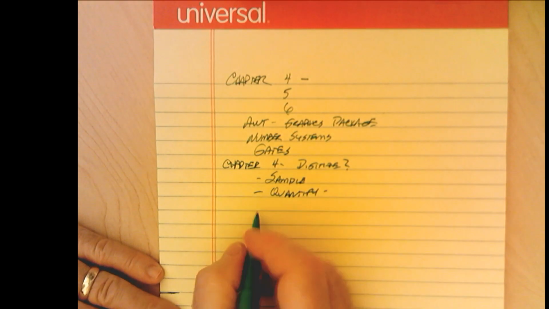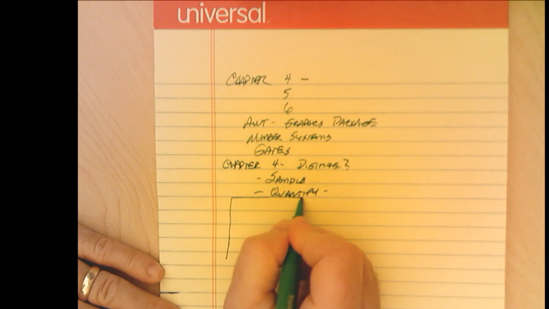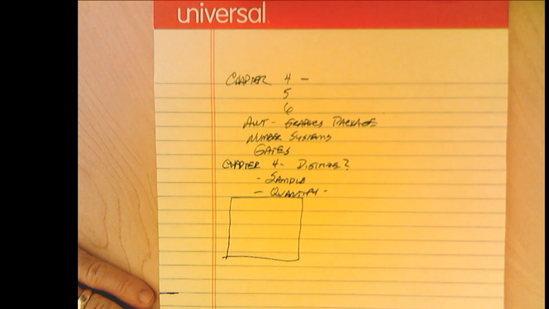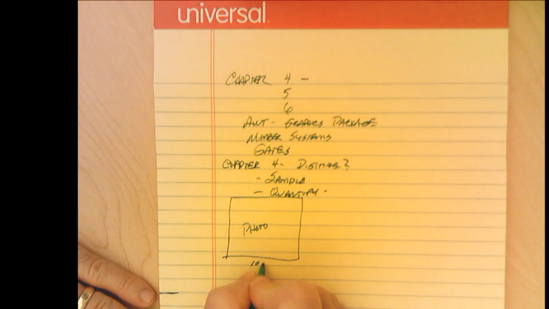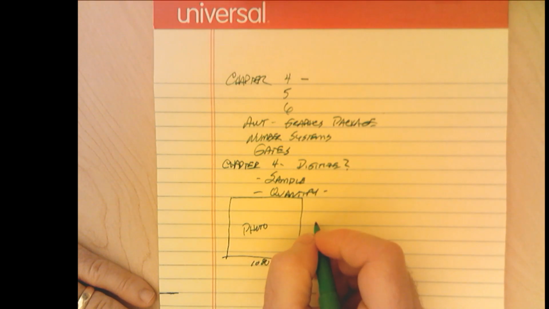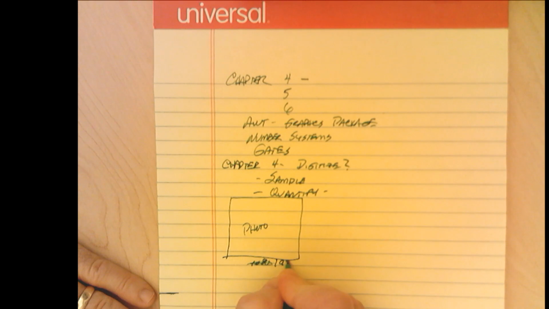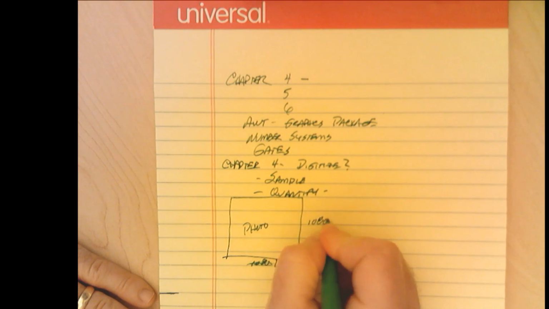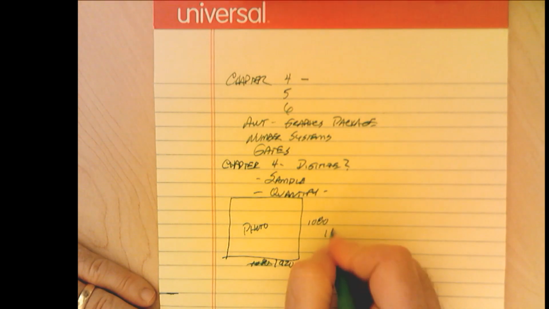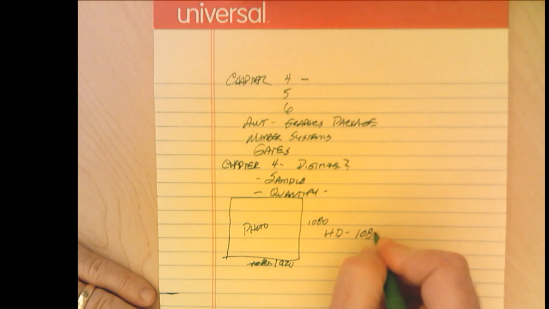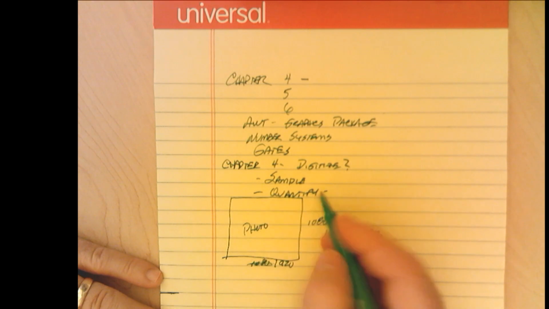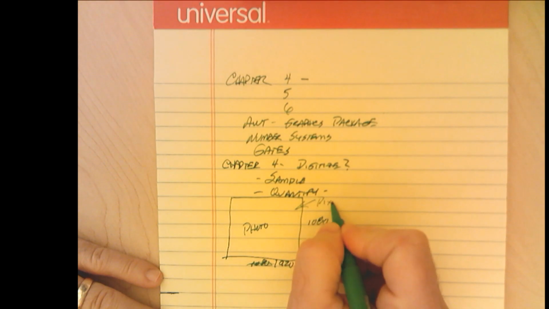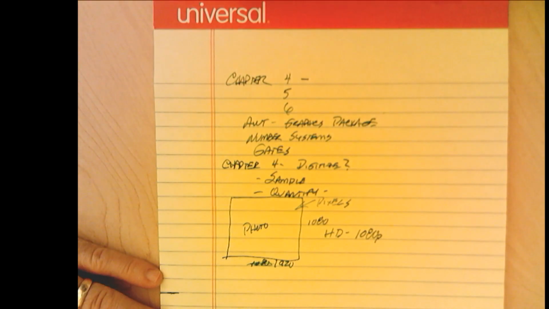So for example, let's say that we have a photo, and our photo is 1920 by 1080. All right. So that's actually an HD source. That's actually 1080p. And if we figured out what our samples are, the samples in this case are the pixels. All right. From the real world, we've sampled